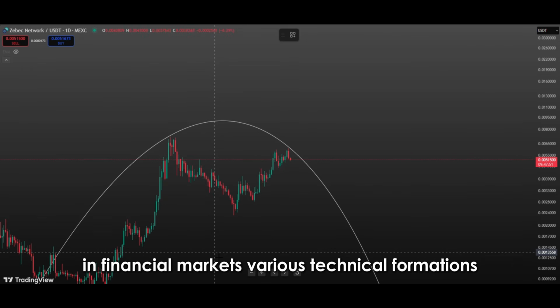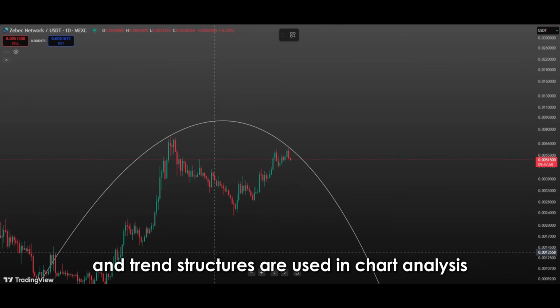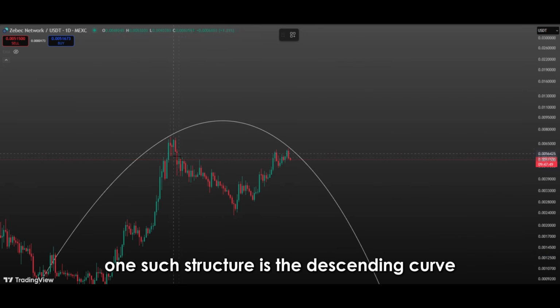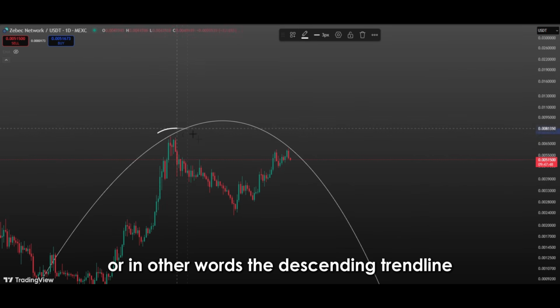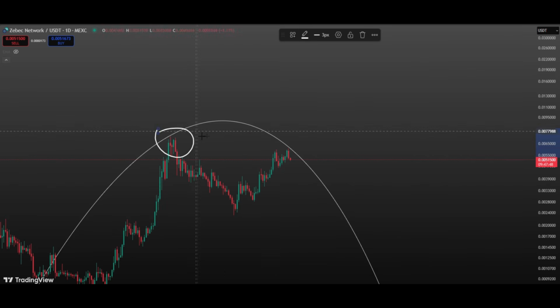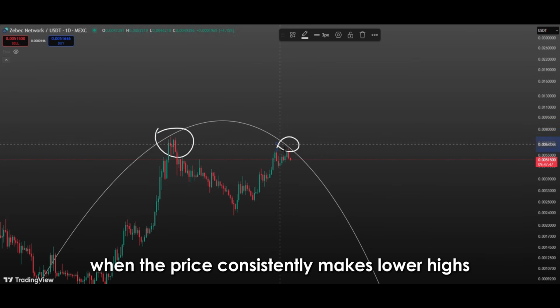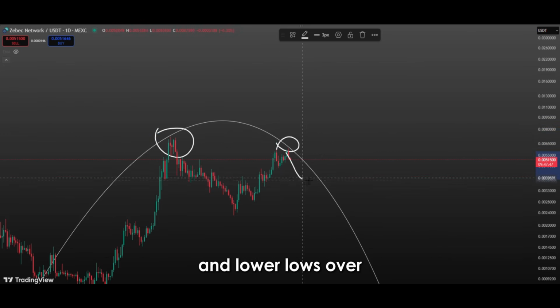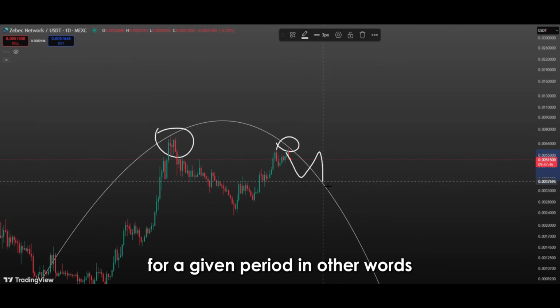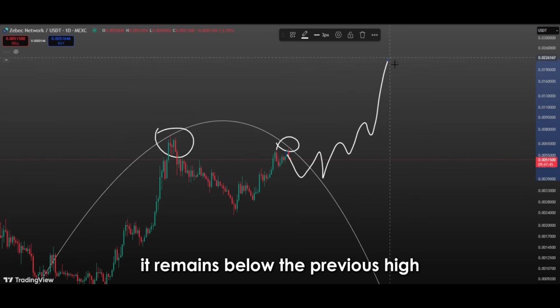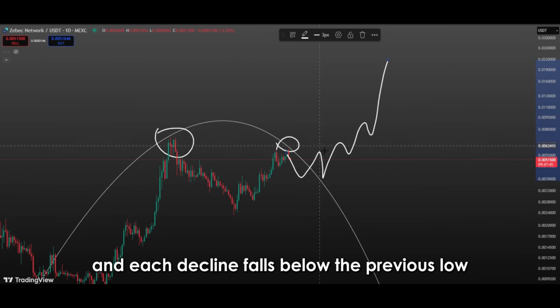In financial markets, various technical formations and trend structures are used in chart analysis to understand the trends of price movements over time. One such structure is the descending curve, or in other words, the descending trend line. A descending curve forms when the price consistently makes lower highs and lower lows over a given period. In other words, even when the market recovers, it remains below the previous high and each decline falls below the